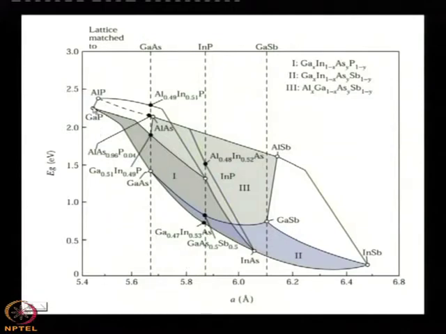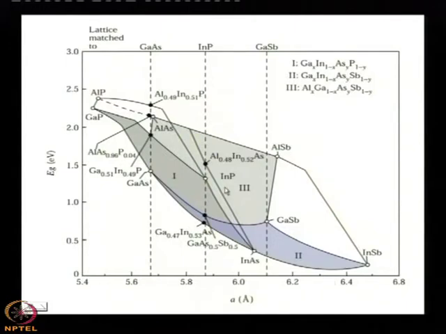Actually, if you take the gallium phosphide substrate, it will match with gallium phosphide only, or to some extent, you see, aluminum phosphide is very near. But if you use an indium antimonide substrate, its lattice constant is very high, almost 6.5 or 6.6. Here, gallium phosphide is 5.5 or even less than that. So, there is a wide difference.